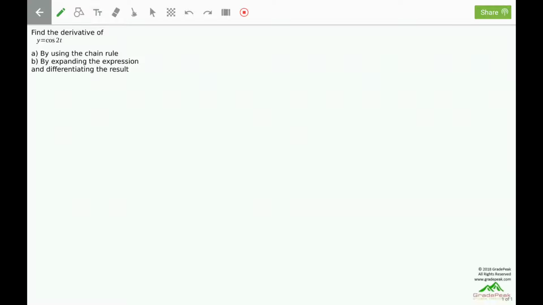Find the derivative of y equals cosine 2t, A, by using the chain rule, B, by expanding the expression and differentiating the result. For part A,